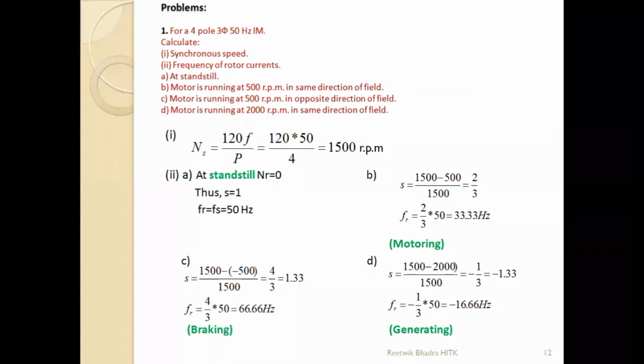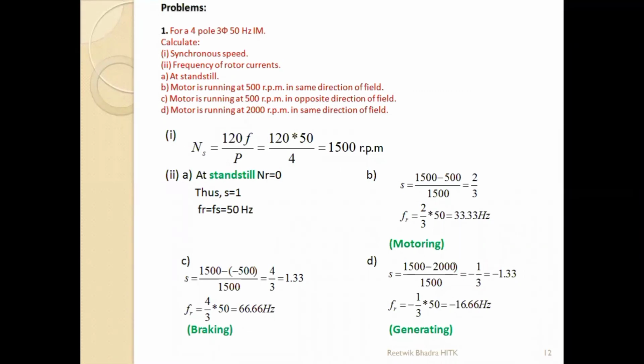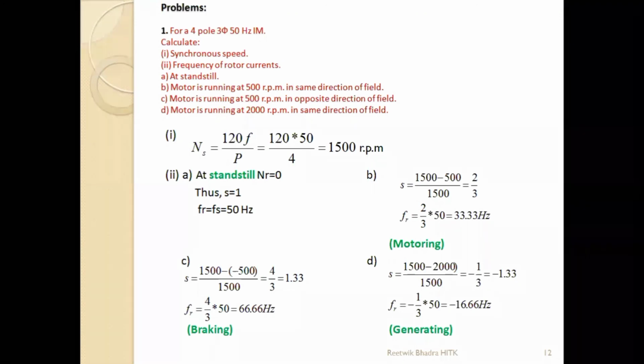When we try to change the motor rotation and bring it to a stop, you might have studied this word braking. When we try to stop a motor, for a DC motor, we change the armature terminals and rotate it in the opposite direction to bring it to a stop. There are 3 modes of braking, if you remember: regenerative braking, dynamic braking, plugging. So braking is basically when we are trying to make the induction motor stop by making it rotate in the opposite direction.